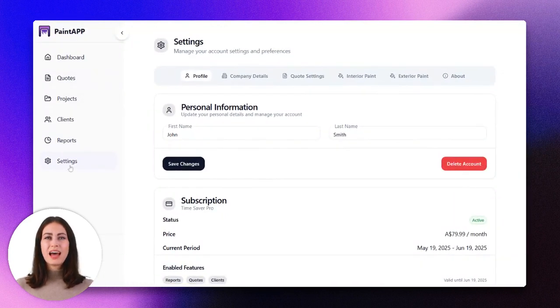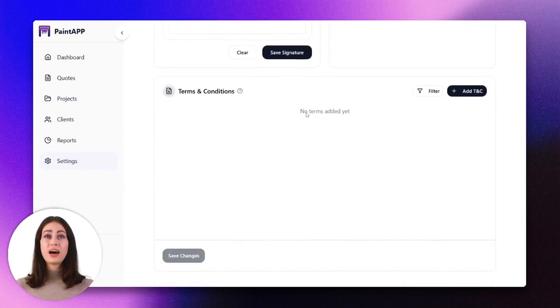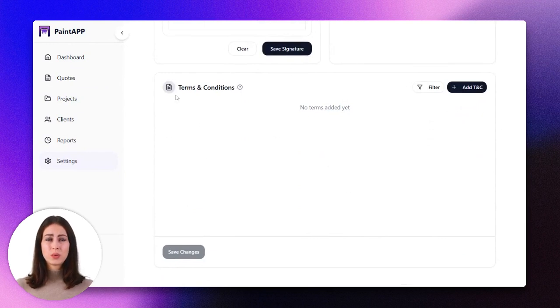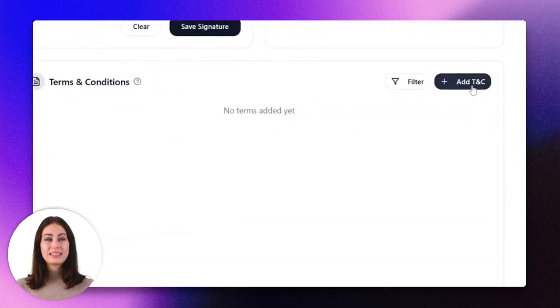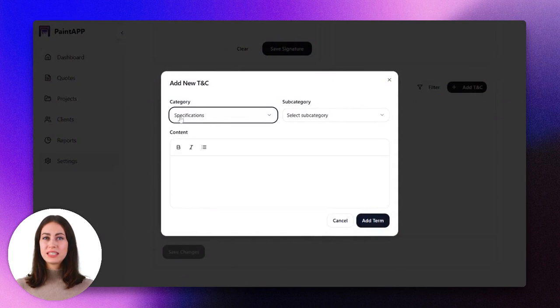To start, head over to the side menu and click on Settings. Then, navigate to the Quote Settings tab, where you'll find the section for terms and conditions towards the bottom of the page. You'll notice a button labeled Add T&C. Click on it and a form will pop up where you can enter details such as category and subcategory, along